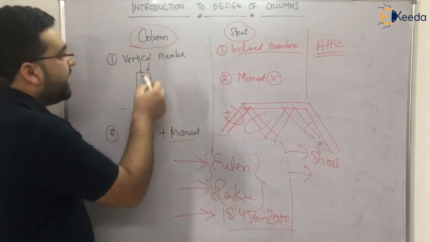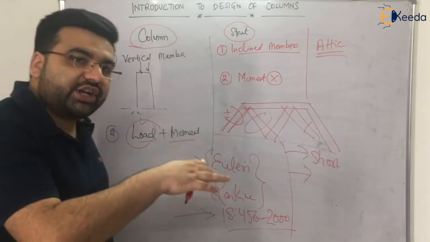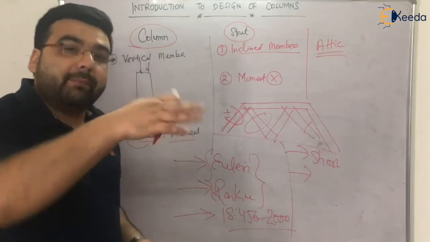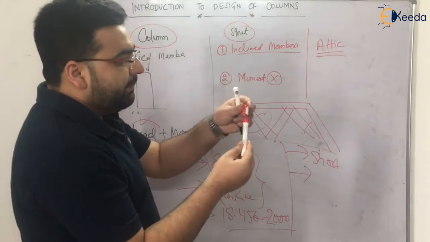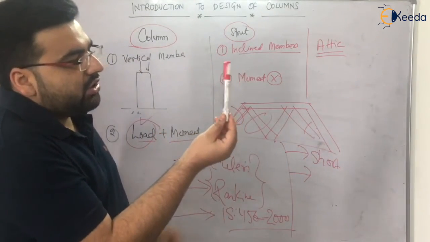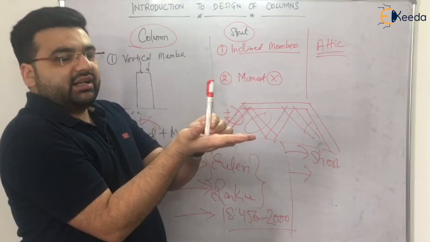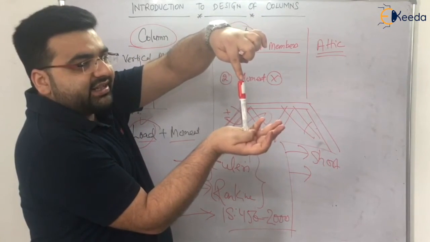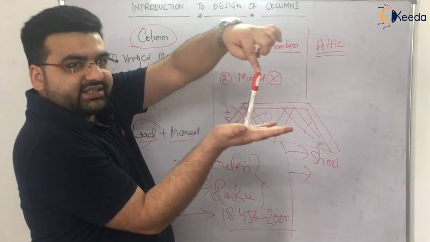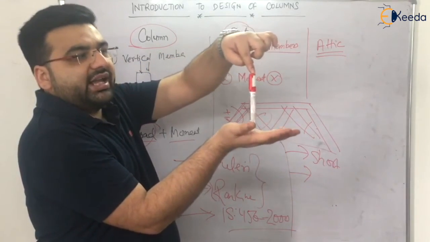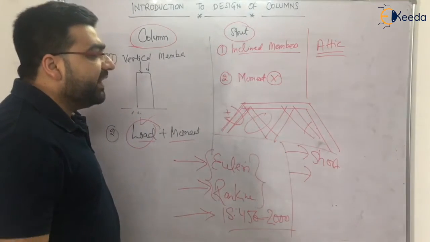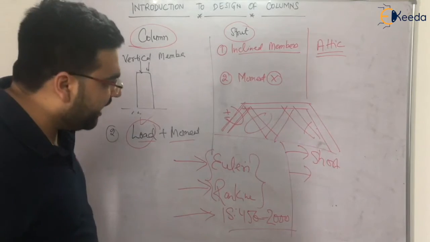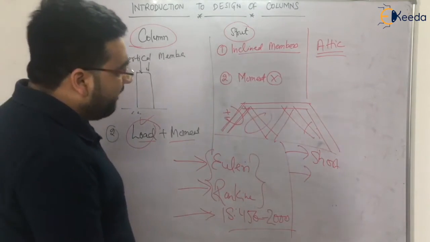I have told you that short columns fail on crushing, but as far as long columns are concerned, they fail on buckling. Now what is buckling? For example, this is a long column, right? This is a long column, this is inside, this is on the ground. If some load is applied on it at an eccentricity, it can buckle like this, right? It can bend like this or buckle like this. So a long column usually fails in buckling, and a short column usually fails in crushing. Simple, right? So we'll be designing our short columns.